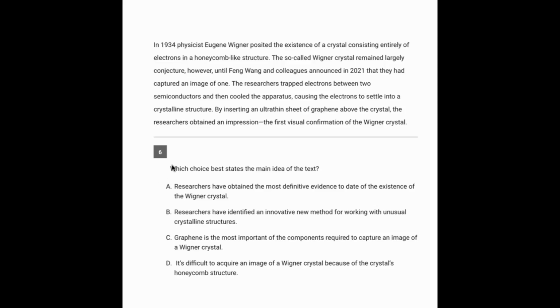Going to question 6, we always start with the prompt, and here it's asking us for the main idea. So let's start reading. In this year, this physicist posited the existence of a crystal consisting of electrons in a